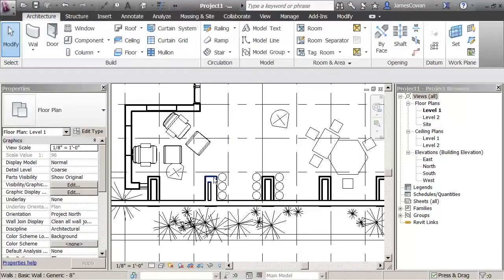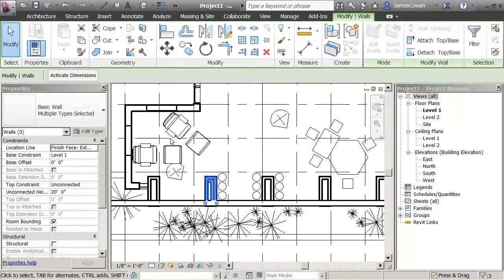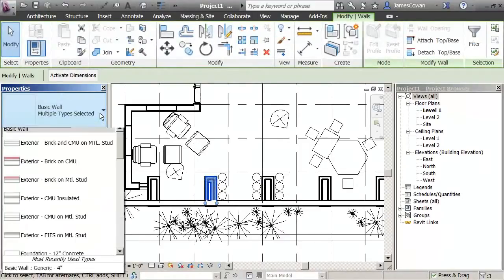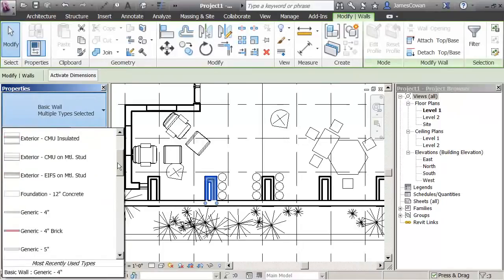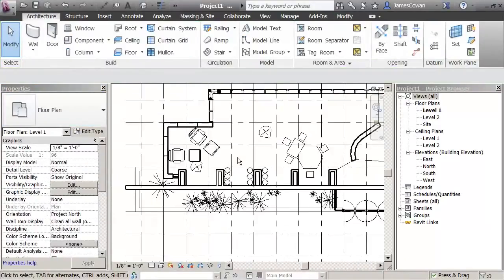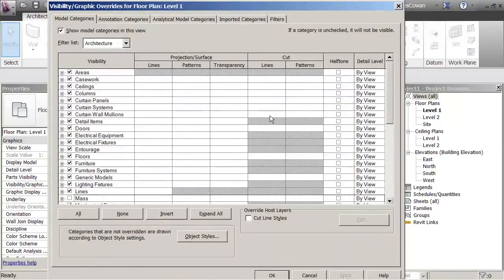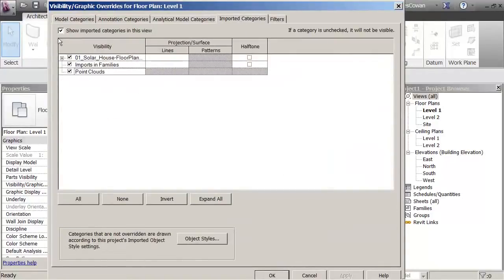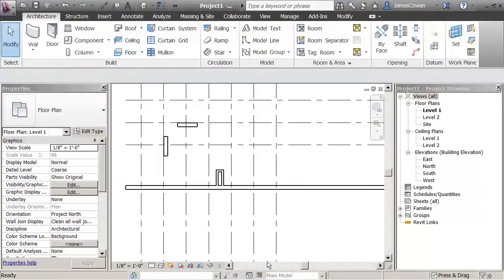So now if I were to tab on top of here to select all of these walls, I could change them from being one style to being another style, to change the walls itself. So I can draw like that. Let me switch off the display of the background file. So if I go imported CADs, and I'm just going to say don't show the categories in this view, then